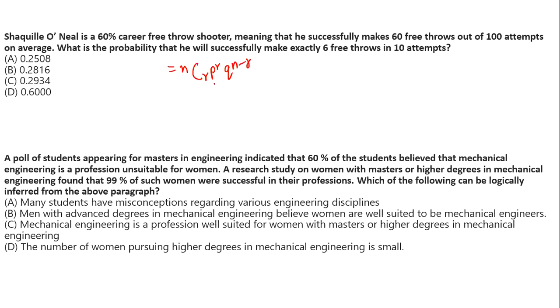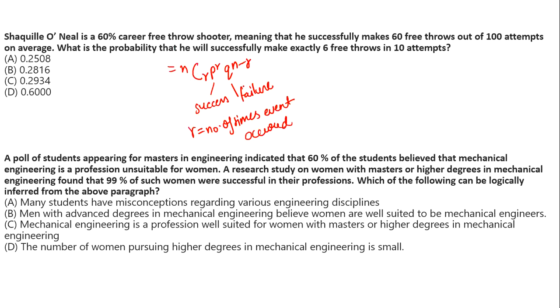So here what does p show? p shows the probability of success, right? q shows the probability of failure, and r shows the number of times the event occurred. And n is showing the number of trials, number of independent trials basically.